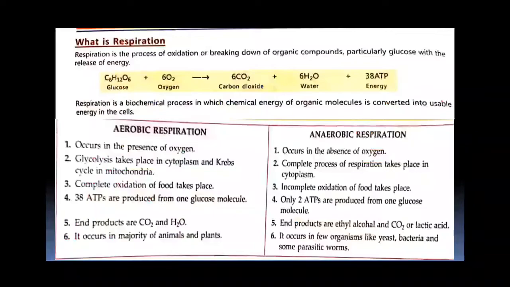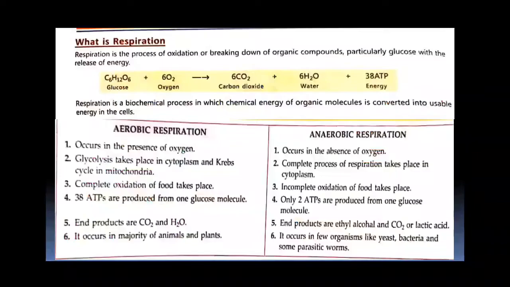So it may be divided into two categories depending upon the availability of atmospheric oxygen. One is aerobic respiration, which occurs in presence of oxygen, and it occurs in two steps, cytoplasmic and mitochondrial. In cytoplasm, glucose is broken down into two molecules of 3 carbon compound pyruvic acid, and then in mitochondria, one pyruvic acid will give 3 molecules of carbon dioxide. So after complete breakdown of glucose molecule, the end products are carbon dioxide and water in aerobic respiration with 38 ATP